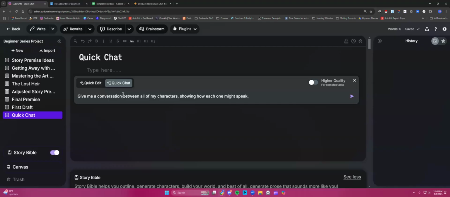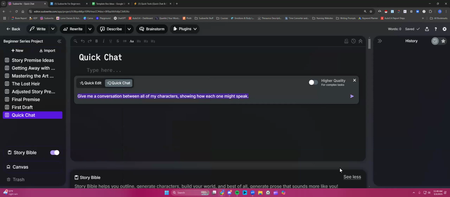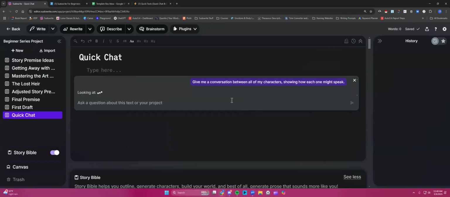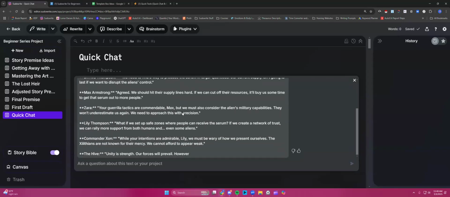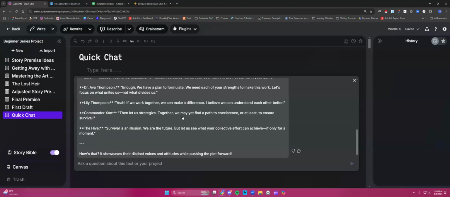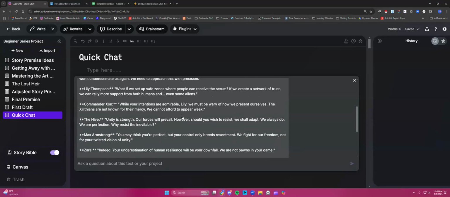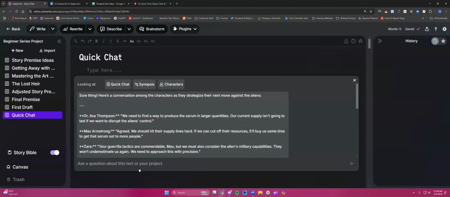Now, there's a very good chance it's just going to pull those current lines of dialogue. I actually should delete them first, especially if I don't like them. But here's that prompt. And it's going to give me that sample conversation. And I didn't read what the other ones in the box were, but from just glancing, it looks like it didn't match them up. So again, delete that line of dialogue. But what I would do is I would follow this up. I would stay here in this chat